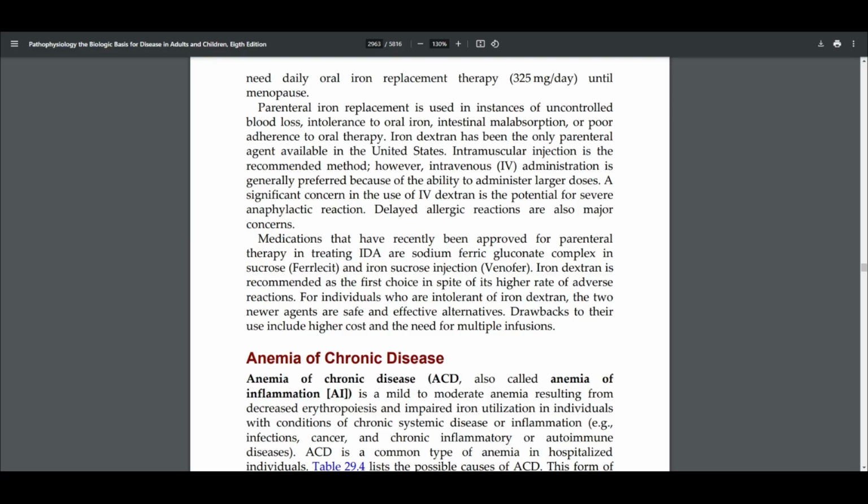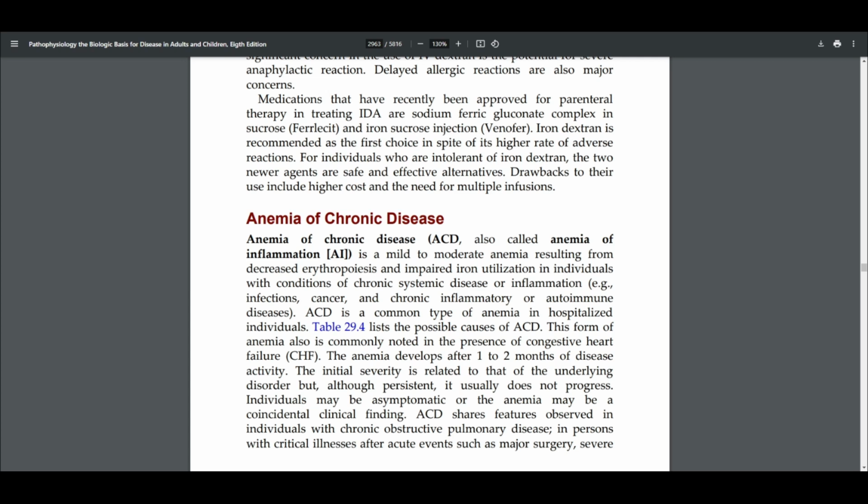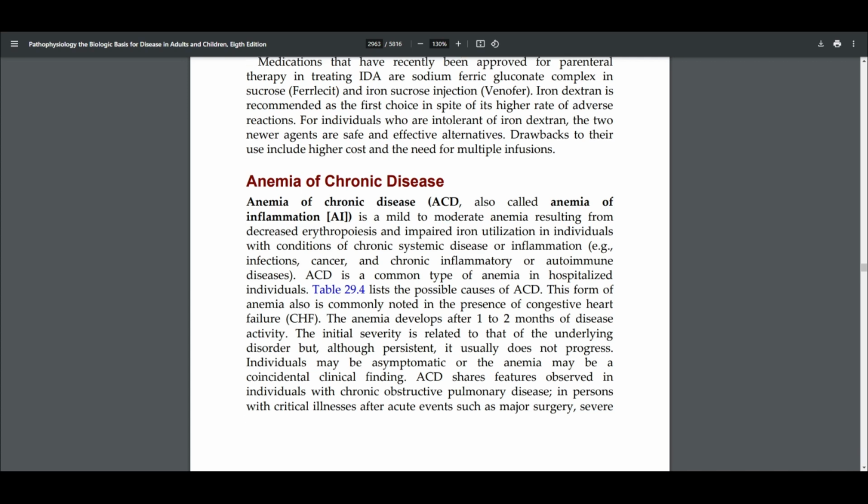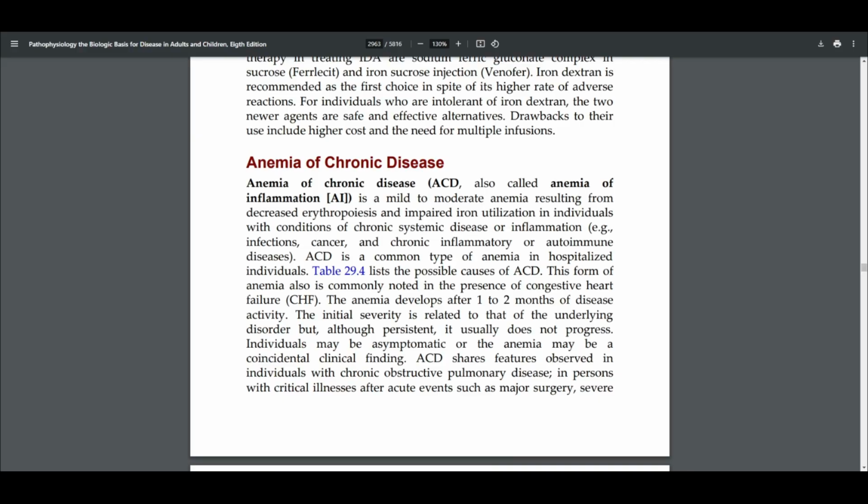Iron dextran is recommended as the first choice in spite of its higher rate of adverse reactions. For individuals who are intolerant of iron dextran, the two newer agents are safe and effective alternatives. Drawbacks to their use include the higher cost and the need for multiple infusions, which brings us to anemia of chronic diseases. Anemia of chronic diseases, or ACD,